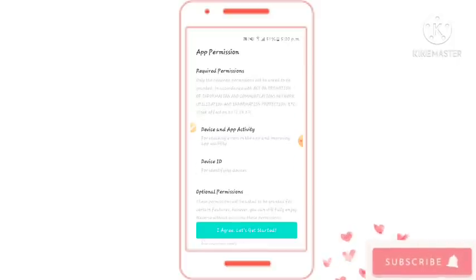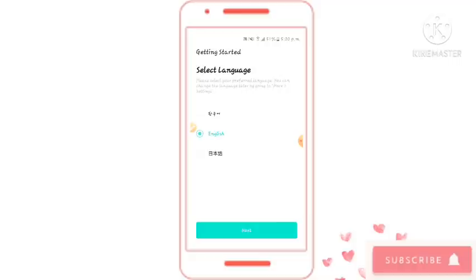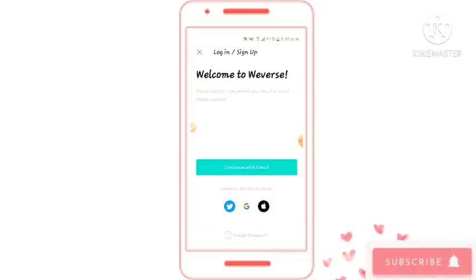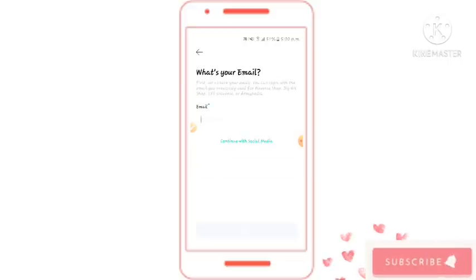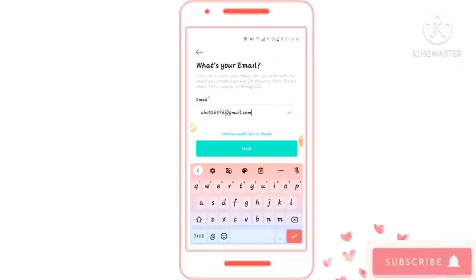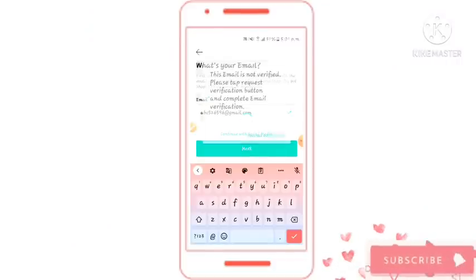So I'm just going to directly do this and this and this, and continue with email and filling the email, paste. Oh no, he got it. After that I'm going to fill my email. Email, what was my email? I forgot it. Oh my god, people forget passwords and I forgot my email. After that I'm going to fill my email and click on next.